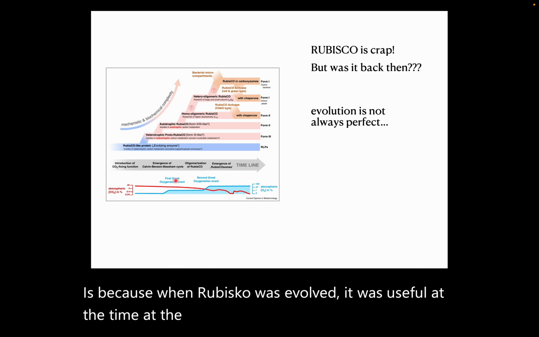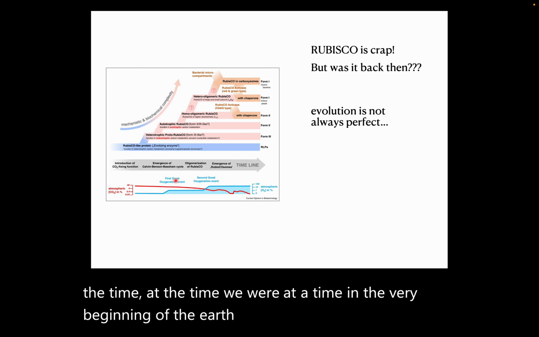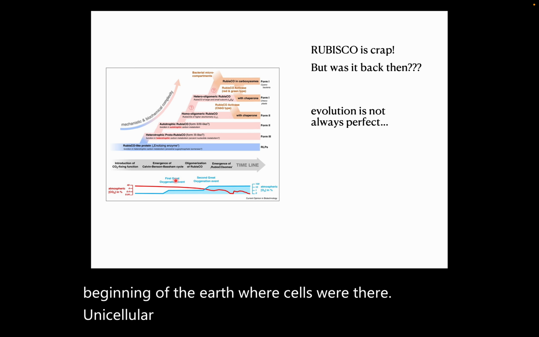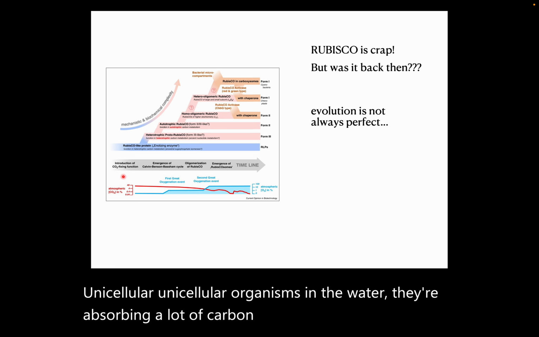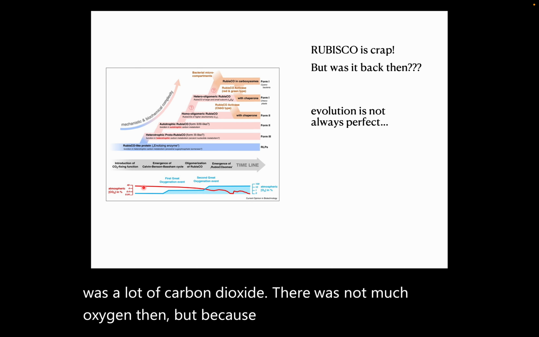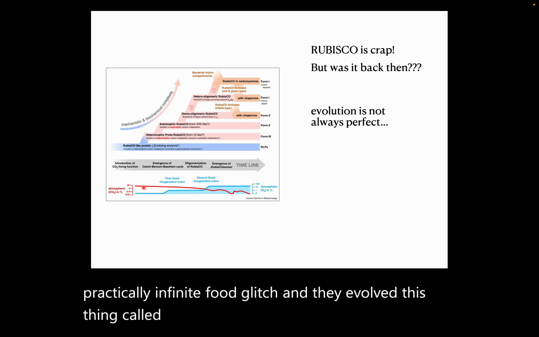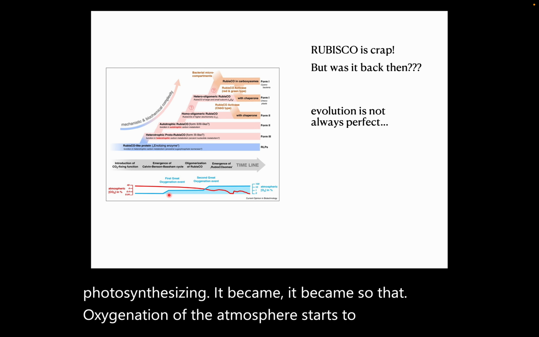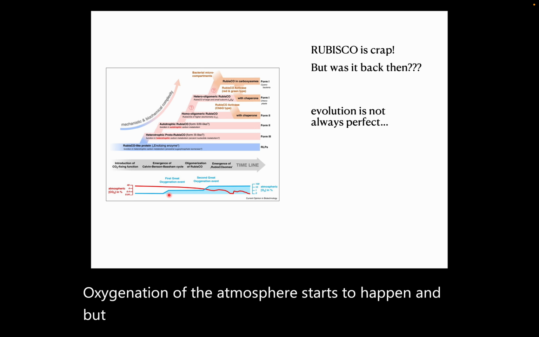At the time, we were at the very beginning of the Earth, where there were unicellular organisms in the water. They were absorbing a lot of carbon dioxide, and there was a lot of carbon dioxide back then. There was not much oxygen then, but because these cells had practically an infinite food source, they evolved this thing called photosynthesis, and they were constantly photosynthesizing. It became so that oxygenation of the atmosphere started to happen, but Rubisco did not make the proper changes